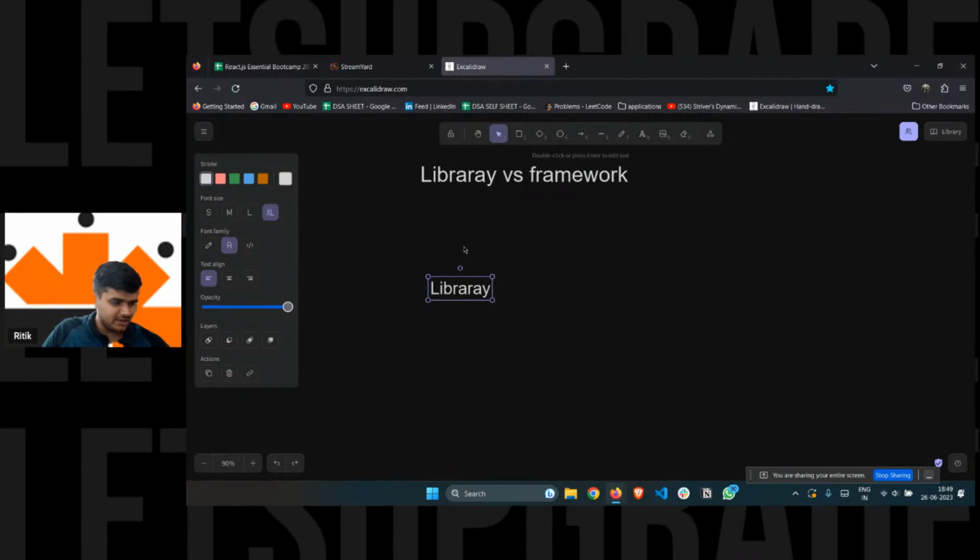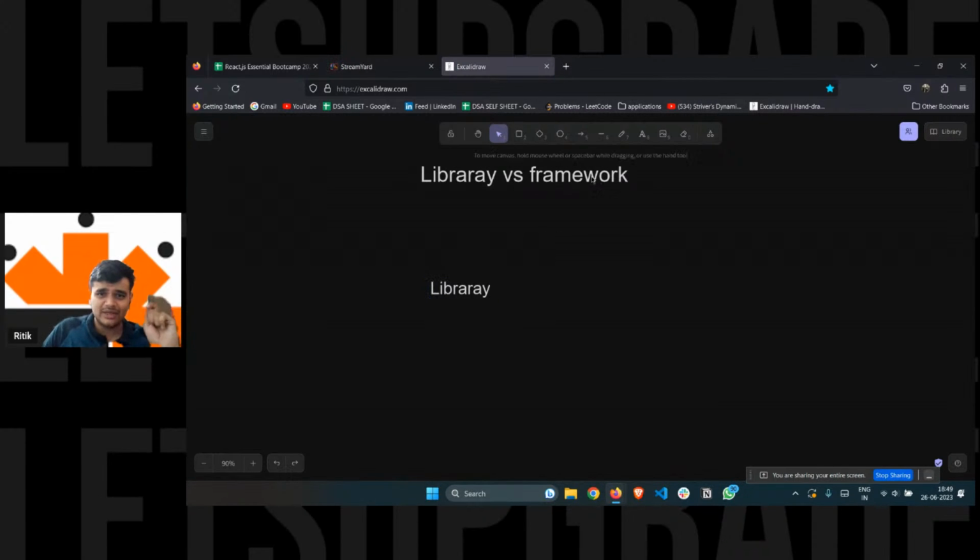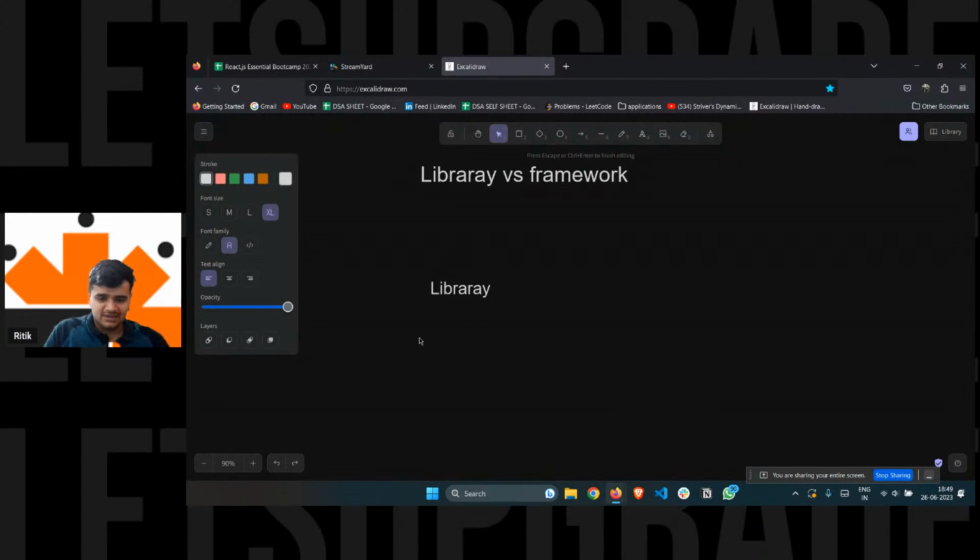Anyone? What is a library? Can anyone let me know? Utpal says library, because there are packages pre-built by Meta developers. Very well said, Utpal. Very well said. So I'll tell you, a library is nothing but